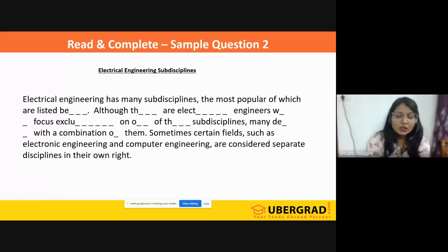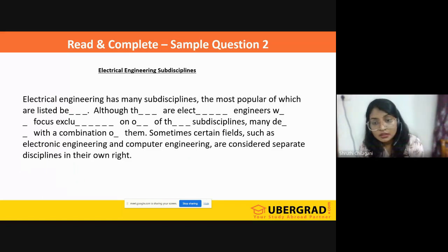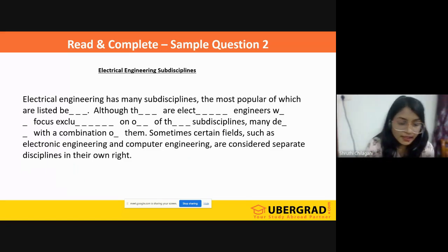Here, just try understanding this. When I'm saying these, how do you understand this and that? This means something closer, right? You're pointing at an object and telling this is close. When you're pointing at an object which is far, you're telling us those. So yeah, you can use there. There sounds right. Try using it and try finding the right word. Also, there are. What is this? Elec. Come on, guys. I think this answer is in the heading itself. Electrical. I see Gafoor saying electrical. Hari Krishna said electrical engineers. So although there are electrical engineers,